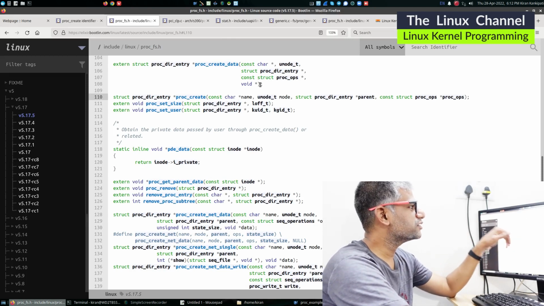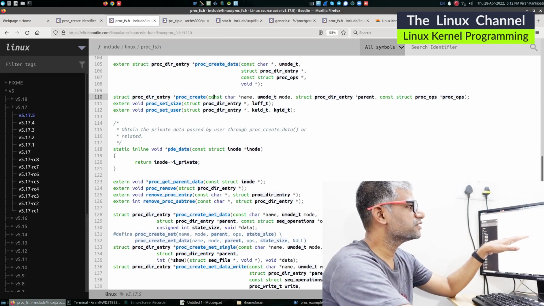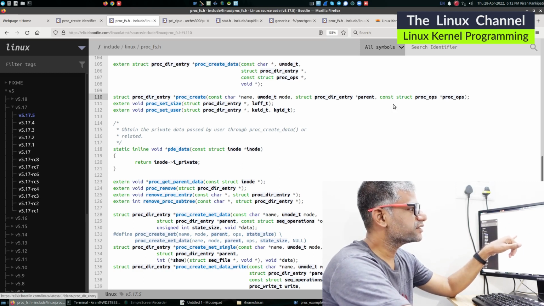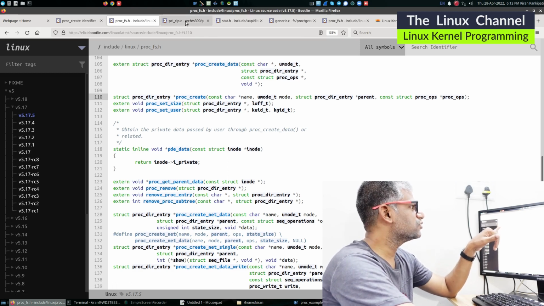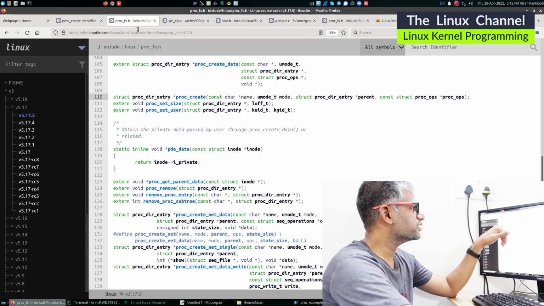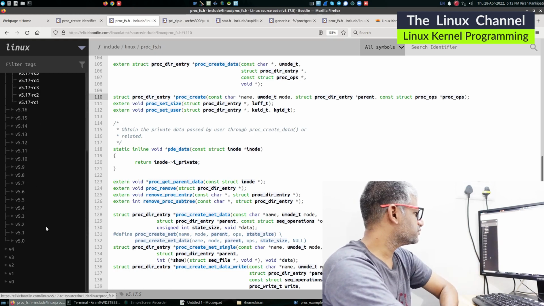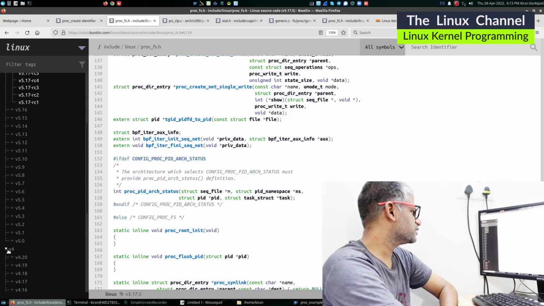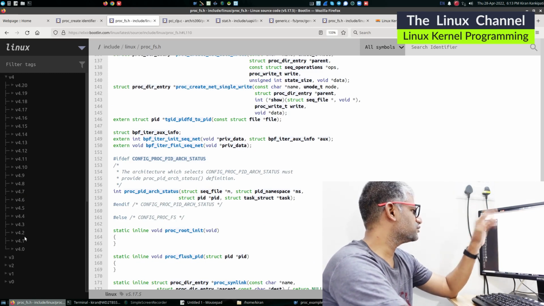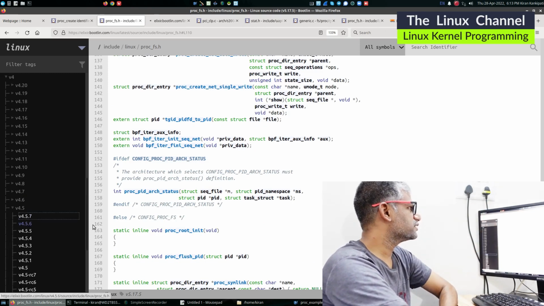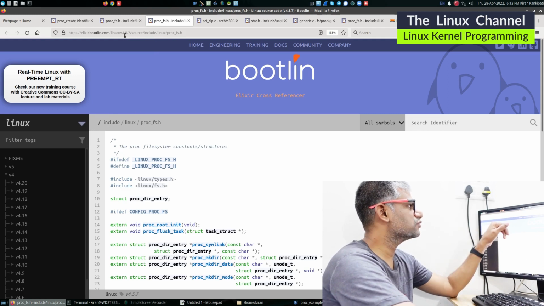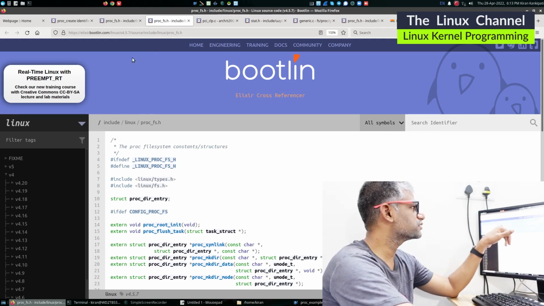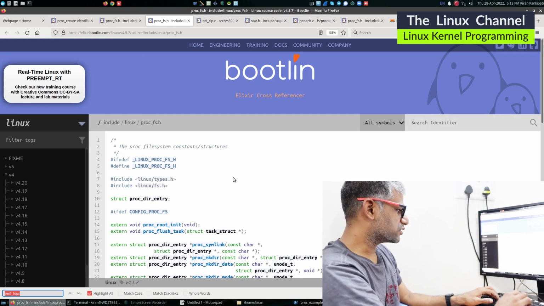So once again we can do a comparison between this version of kernel. As you see here, this is the proc_create, and the data structure it is expecting is proc_ops. So we can go here and select this file, proc_fs, and we can select an older kernel, say some kernel in version 4, and let's see how they are doing over there. So you can see there procfs.h, but it is from the 4.5.7 kernel, okay. And let's search for proc_create,